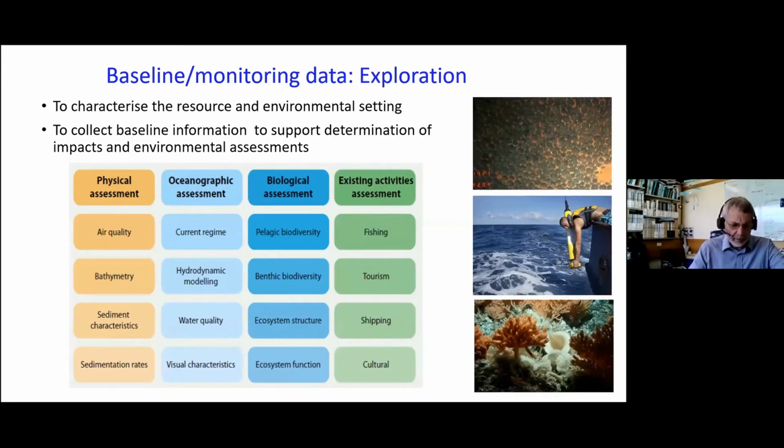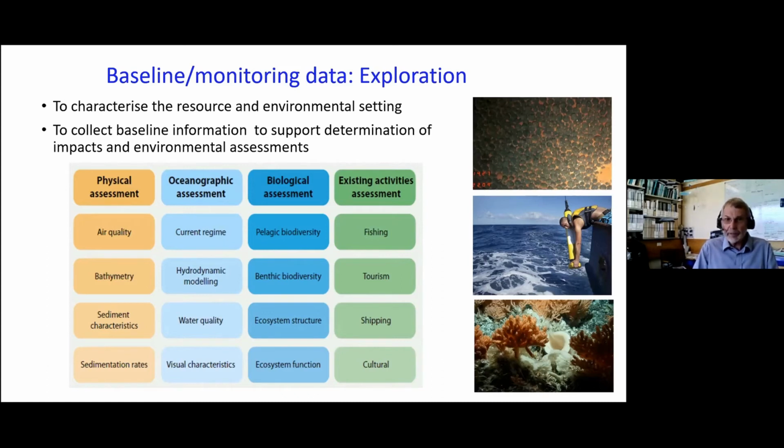Okay, so moving quickly on to how that hopefully is going to structure your baseline and monitoring data. You've got to do this during an exploration phase because chances are you won't have enough existing data, and you've got to focus it on the actual activities the operation is going to undertake. Diva talked a fair bit about this yesterday, so I won't repeat any of that.